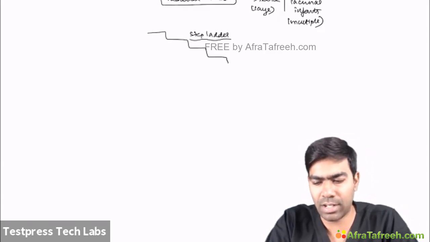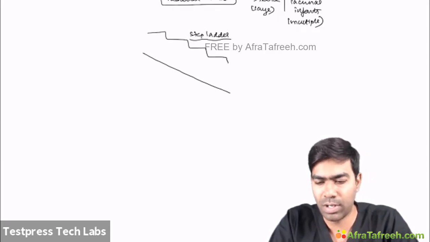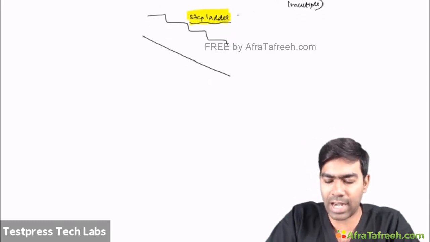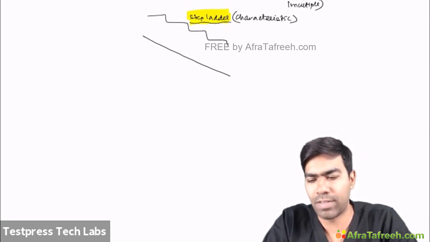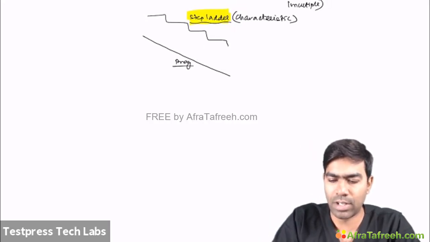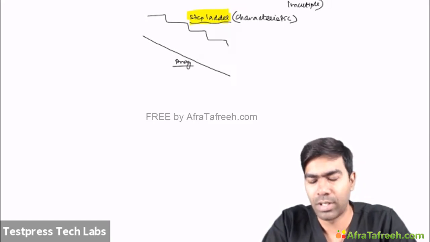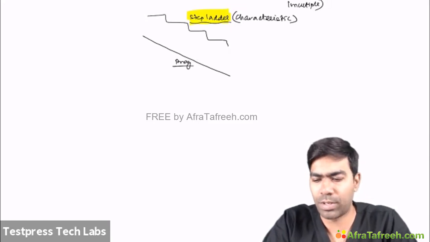That's what is suggested. But remember, there can be a slowly progressive decline. In fact, this is supposed to be the most common. But the step-ladder pattern of deterioration is what is very commonly asked in exams and is a very characteristic feature of a vascular neurocognitive disorder. So that's why this is thought to be very important. But on the other hand, currently it's believed that progressive deterioration is the most common entity as far as vascular neurocognitive disorder is concerned. And of course, it's going to be due to stroke.